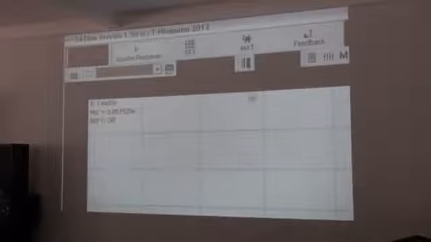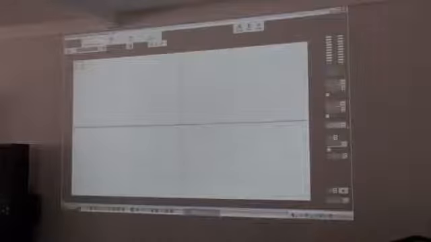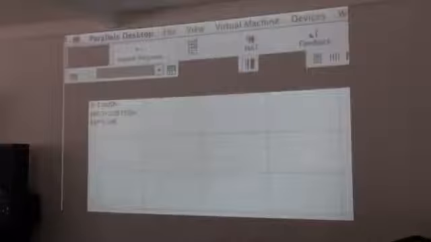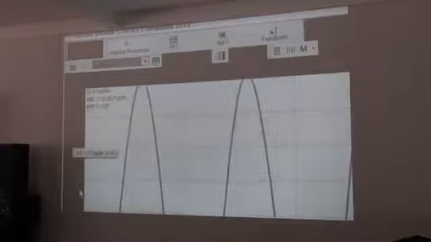But if I do 2 milliseconds, every vertical line is 2 milliseconds. If I do 5 milliseconds, every vertical line is 5 milliseconds. So, if I play 100 Hertz again,